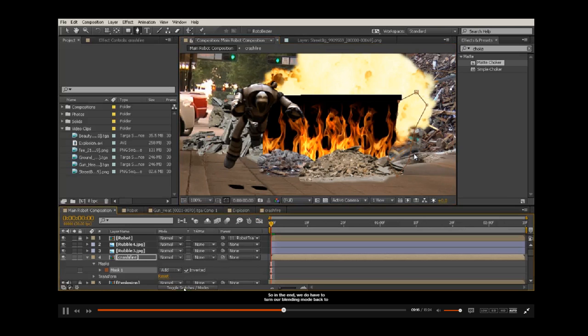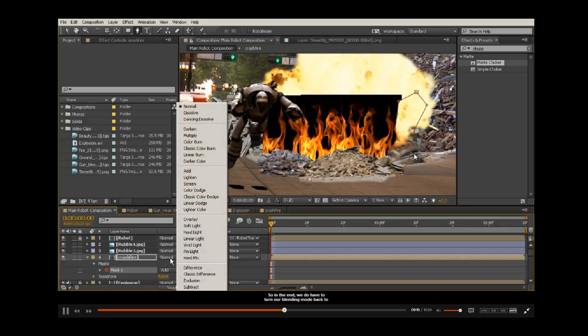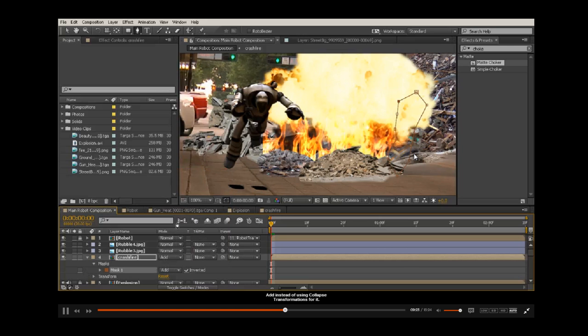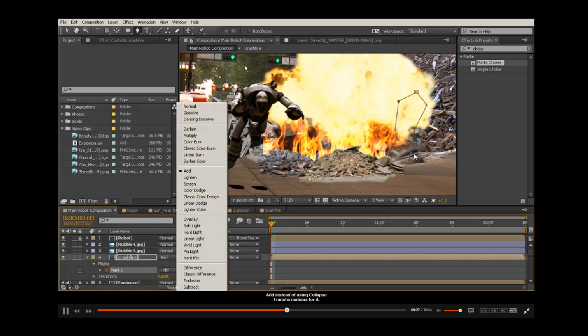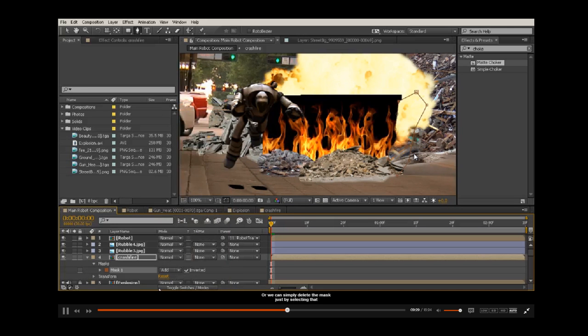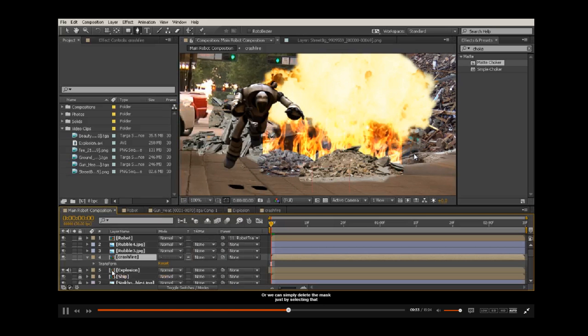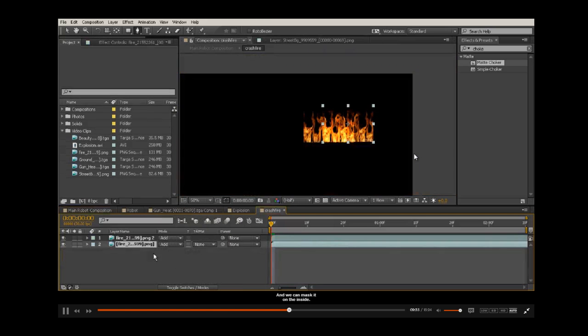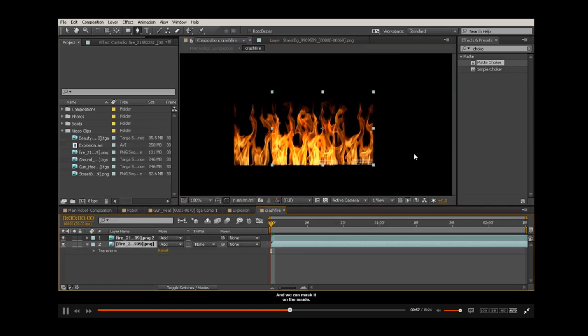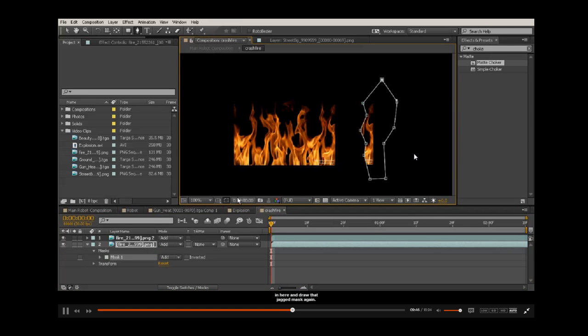So in the end, we do have to turn our blending mode back to add instead of using collapse transformations for it. Or we can simply delete the mask just by selecting that, deleting it. You see we get the blending mode back, and we can mask it on the inside. So we'll just draw our mask here. I'm just going to, with that bottom one selected, come in here and draw that jagged mask